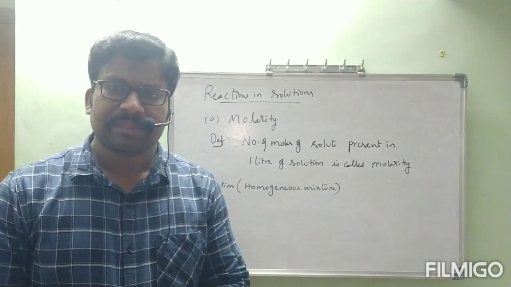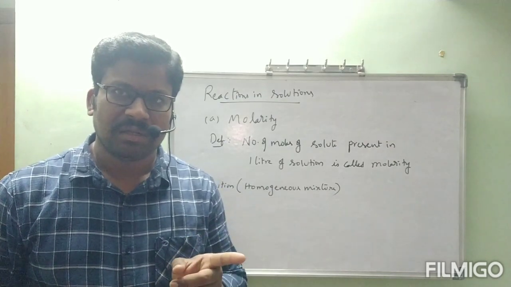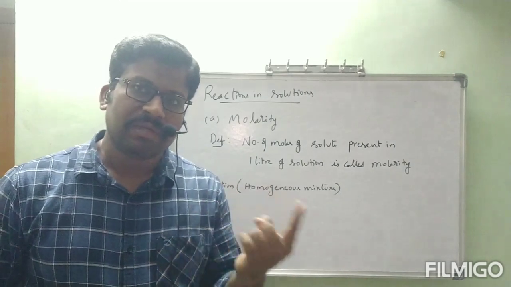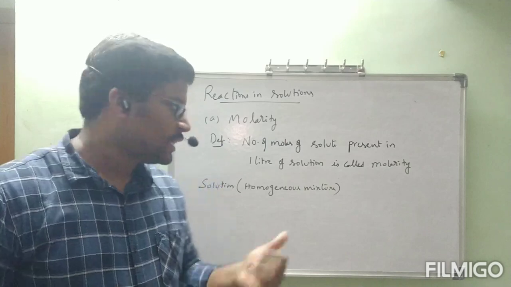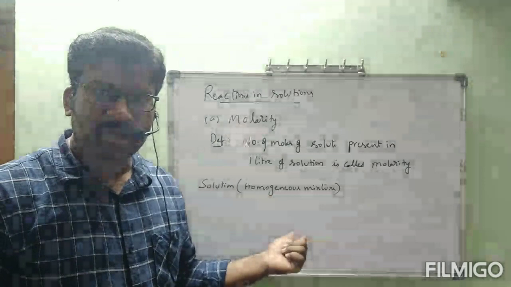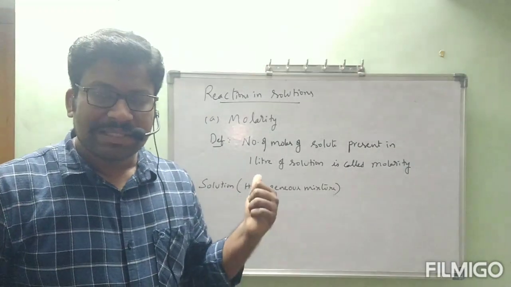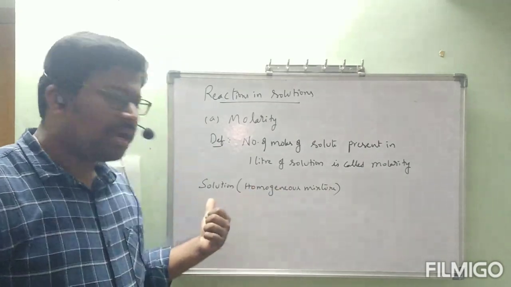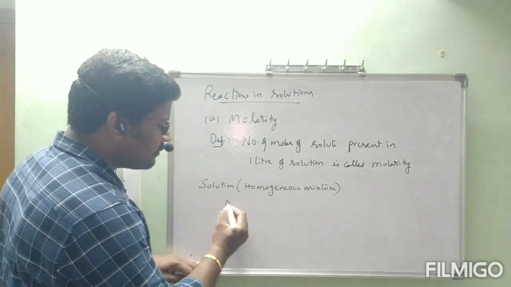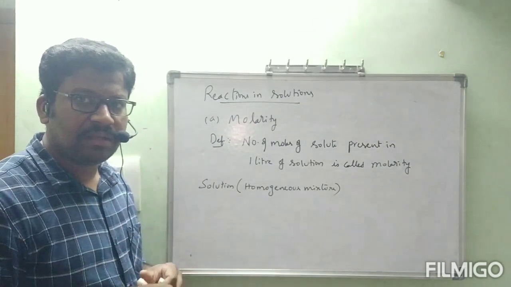Those mixtures are of two types: homogeneous mixture and heterogeneous mixture. Homogeneous mixture, in which it has two components, in which one component is uniformly distributed throughout the other component. Examples also we have seen in previous classes: salt plus water, sugar plus water. These are all coming under homogeneous mixtures. Okay, these homogeneous mixtures are forming the solutions. They can be formed by at least two components, because there should not be any chemical reaction.